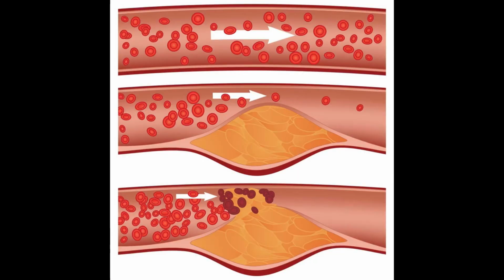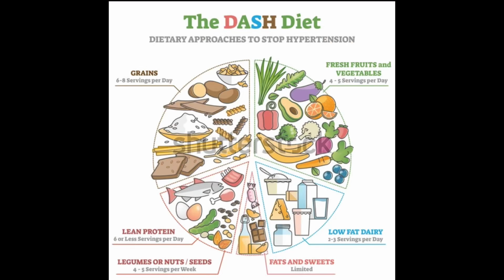This brings us to cardiovascular disease. A diet high in saturated and trans fat can elevate LDL cholesterol, often called the bad cholesterol. This LDL cholesterol accumulates in artery walls, forming a plaque. This plaque buildup, known as atherosclerosis, narrows the artery, reducing blood flow and increasing the risk of heart attacks and strokes. Inflammation from obesity further exacerbates this process.